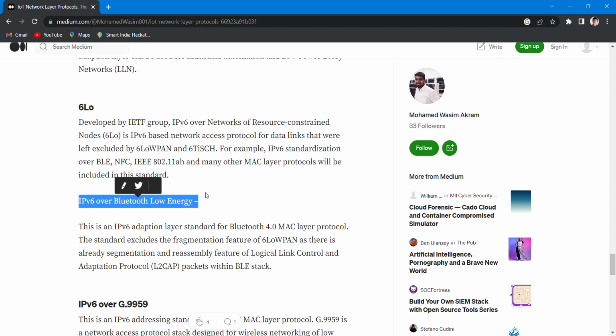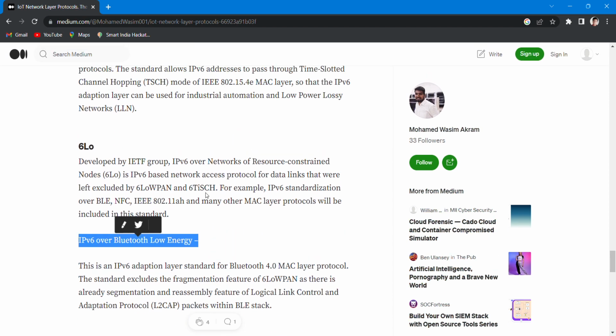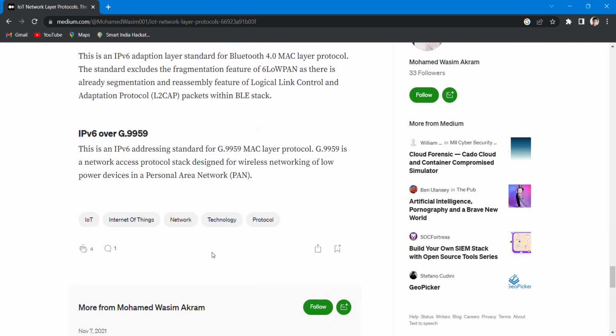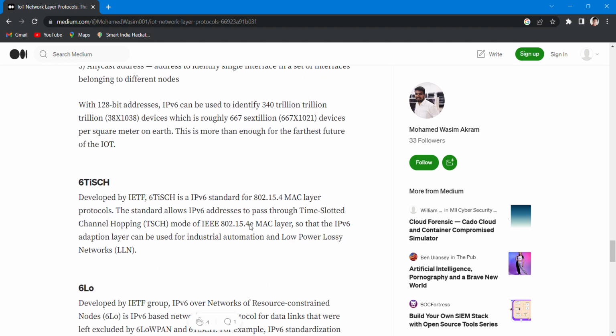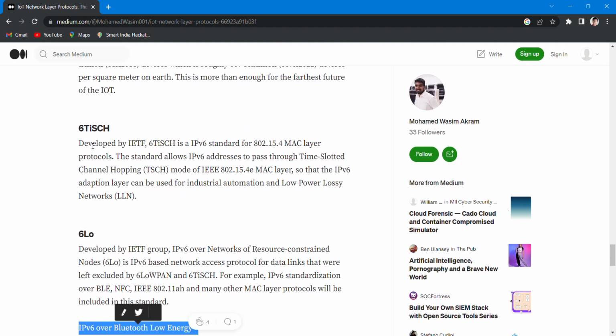Now we will move forward with another protocol, that is 6TiSCH. What is this 6TiSCH? So let's see what it is. It is also developed by the IETF, that is the Internet Engineering Task Force. Another important protocol in the IoT ecosystem is 6TiSCH, which stands for IPv6 over the Time Slotted Channel Hopping,